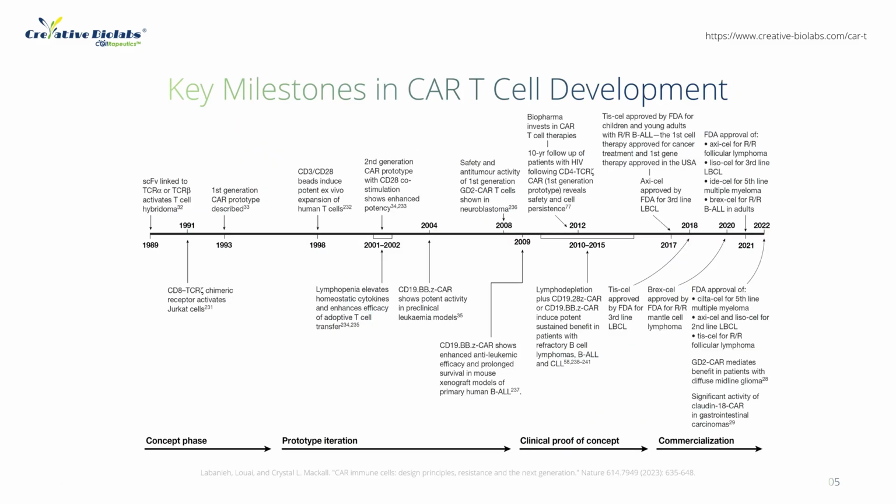CARs were invented by Eshhar and colleagues with the goal of harnessing the expansion, killing, and persistence of natural T cells while overcoming major histocompatibility complex restriction of the T cell receptor to enable broader therapeutic applicability. Since the first-generation prototype of chimeric antigen receptor was described in 1993, CAR T cell therapy has transitioned through the concept phase, prototype iteration, clinical proof of concept, and has successfully commercialized in the clinic for the treatment of certain